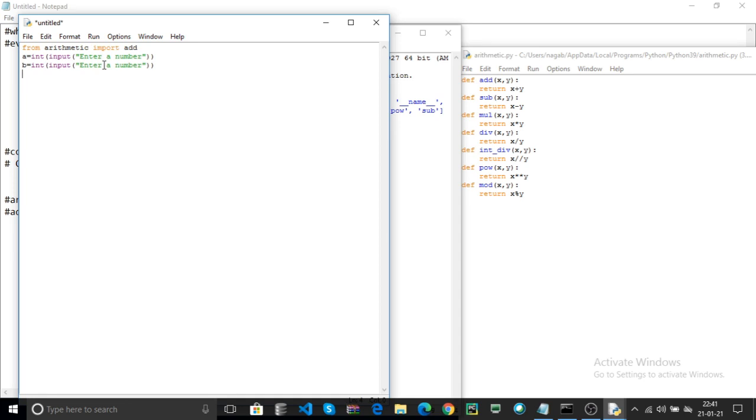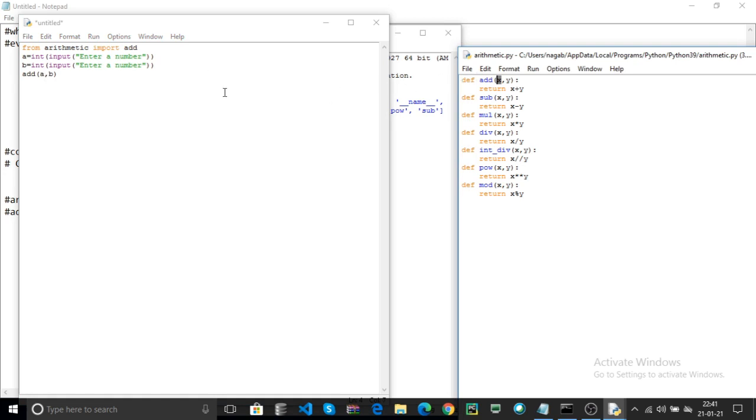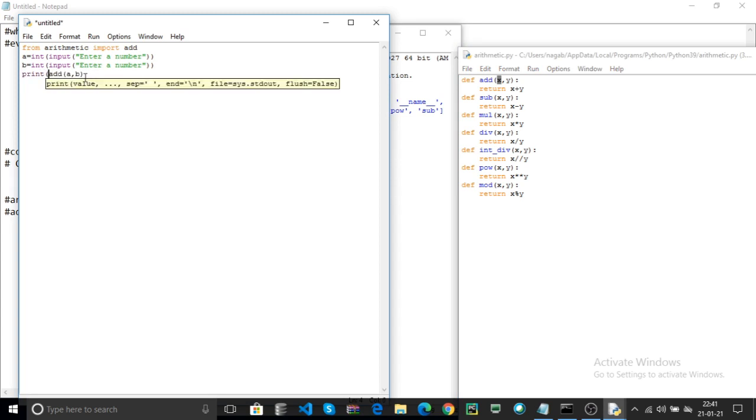Here these are the two numbers. The add function contains two parameters. Add of a, b. That means x is replaced by a and y is replaced by b. Here directly print your function's return value.